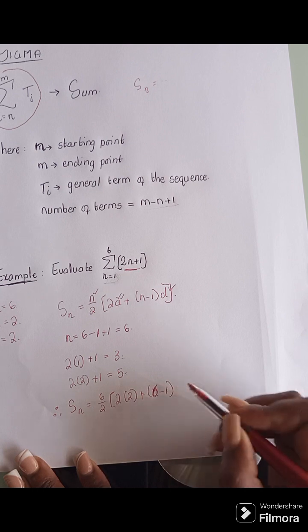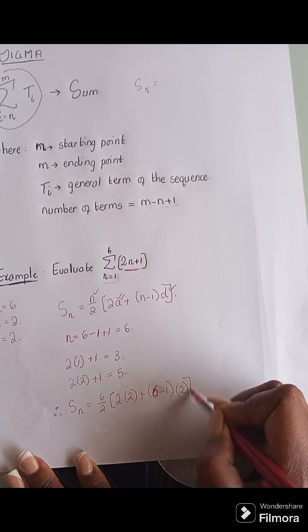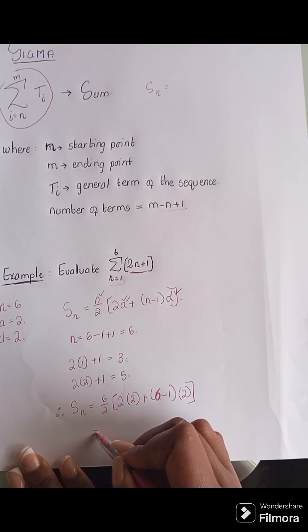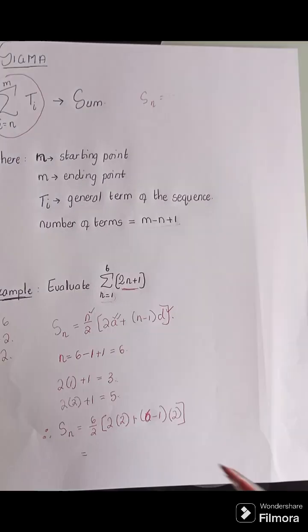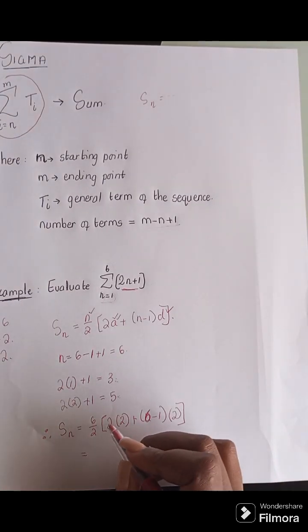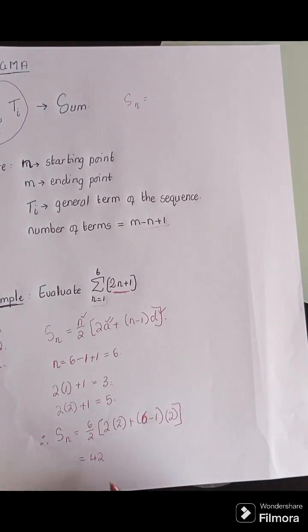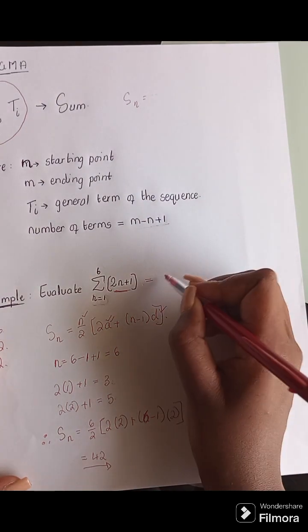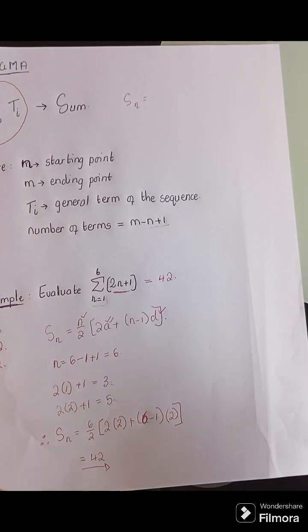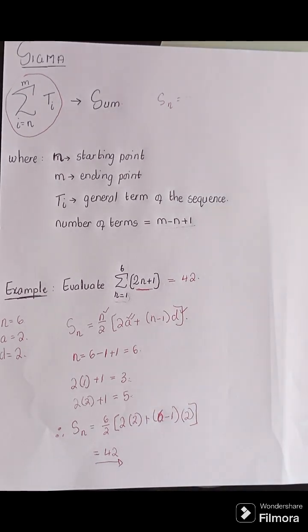So there we put 6, and then our d is 2. Then we put it there, and then you punch that on your calculator. It is going to give you 42, and this is the sum of your sigma. So you can just come here and say this is equal to 42,